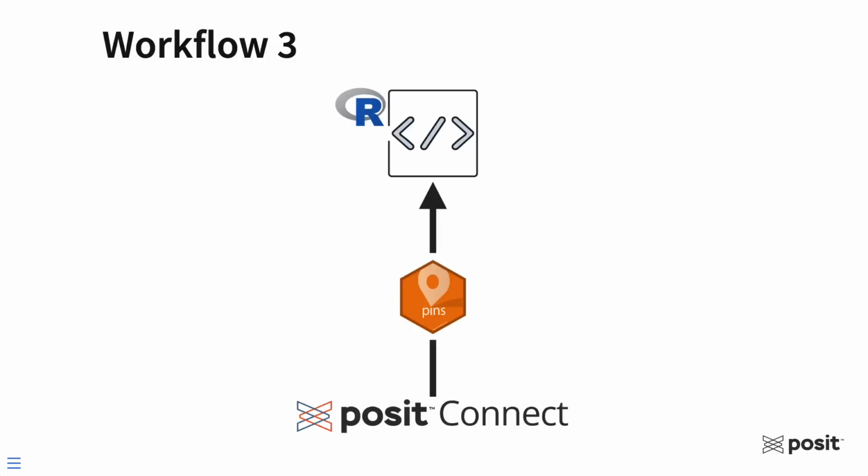So now that we have both objects pinned, deposited in Connect, I'm now going to show you how to read pins. We're going to start here with reading a pin into an R session. And to make things interesting, we're actually going to read the Python object into our R session, and then vice versa.